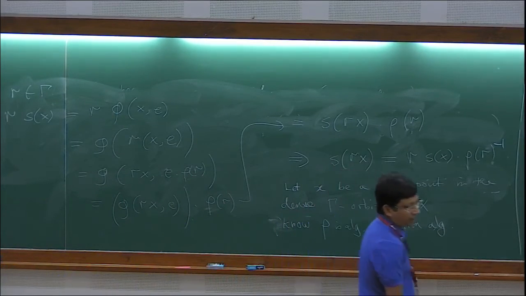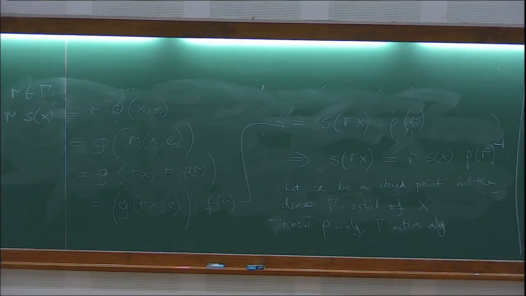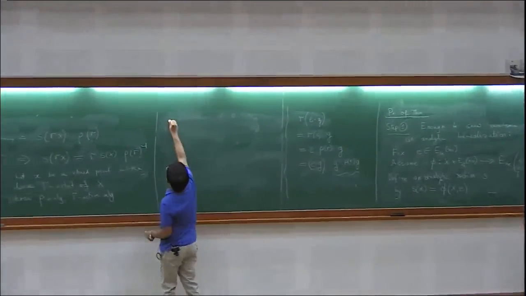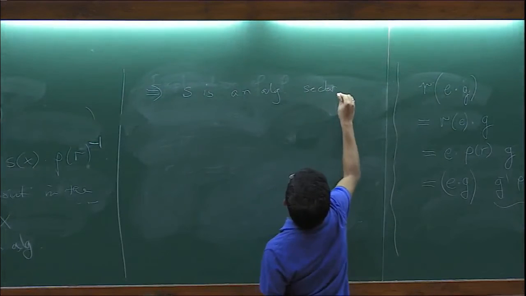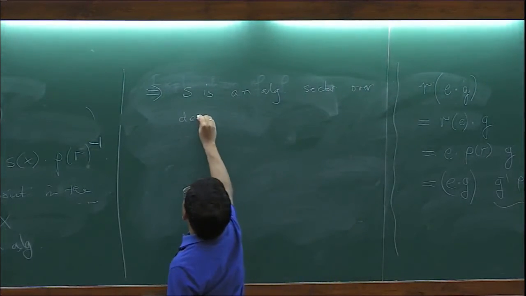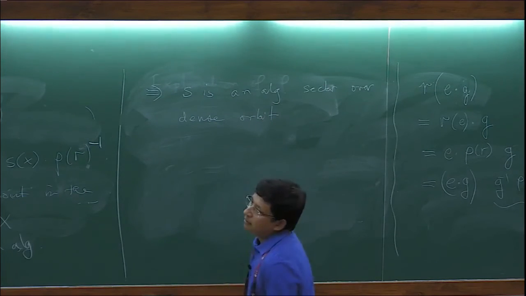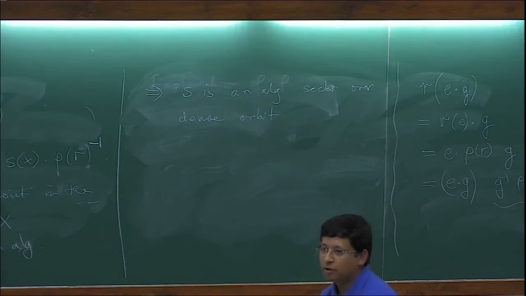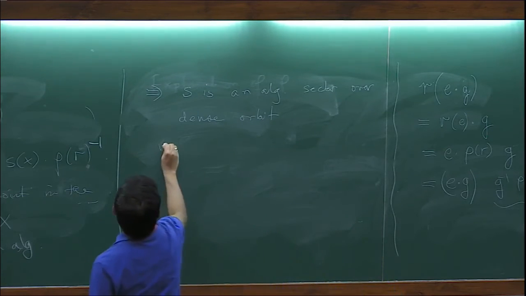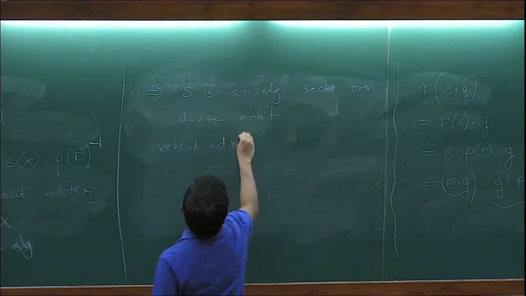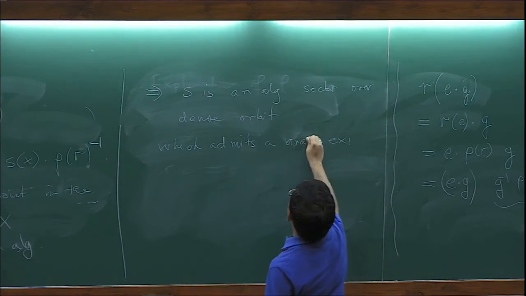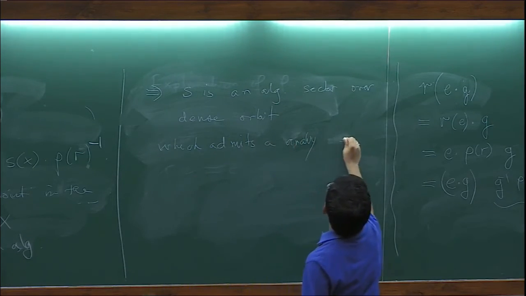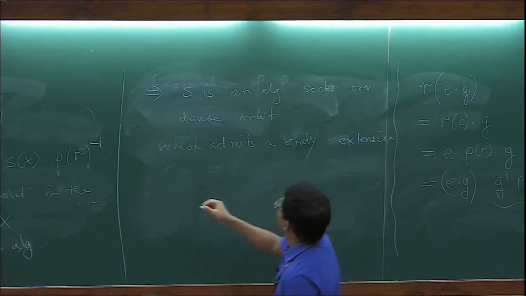So this means S, so this implies that S is an algebraic section over a dense orbit that admits a holomorphic extension, I should say analytic extension, over X,